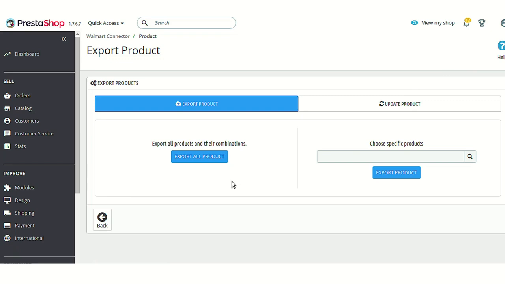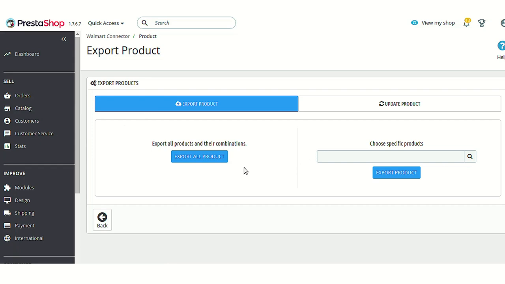After clicking on that button, you can choose to export all products of your PrestaShop store. But as I already said, we cannot export the products because we are using a live credential now, and all the products of our PrestaShop would be published on our Walmart account.